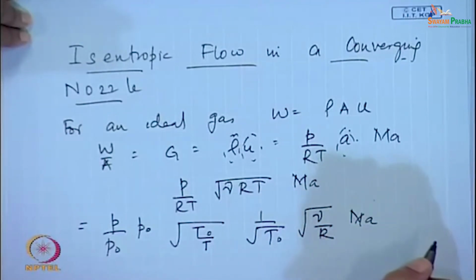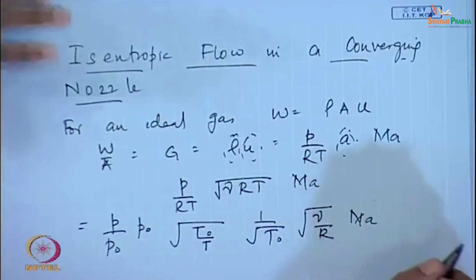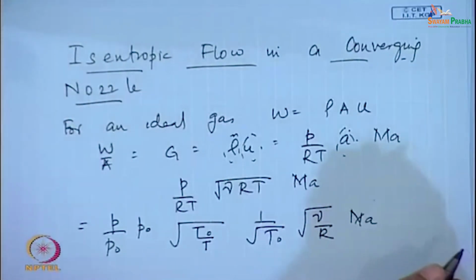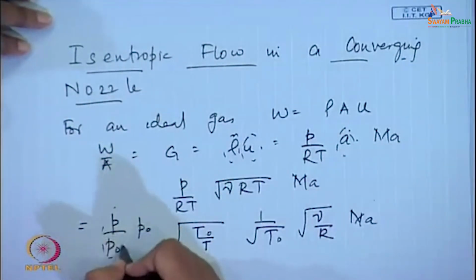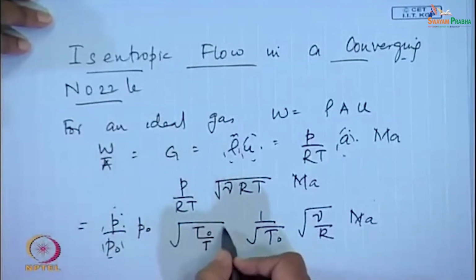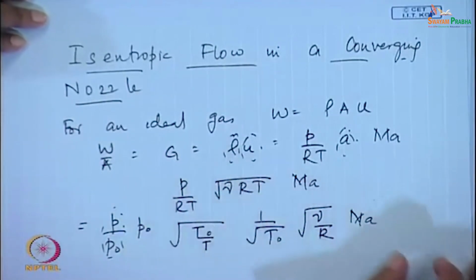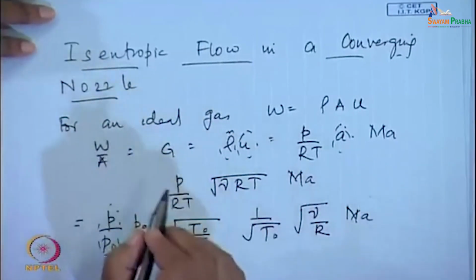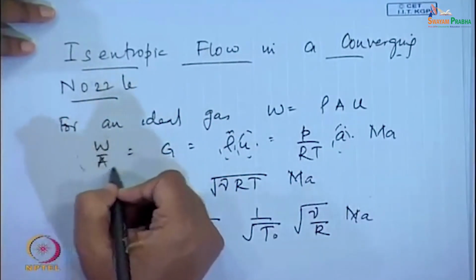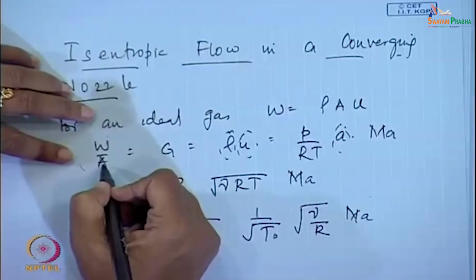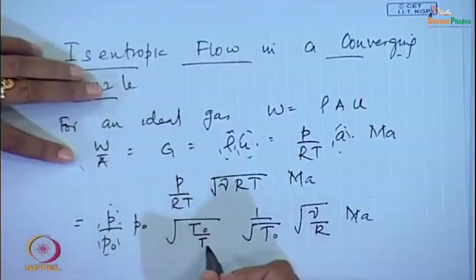Can this be done? I have just introduced the stagnation properties. Why? Because I know P by P0 in terms of T0 by T, and I can easily substitute them. My target is to express this particular mass flux or the mass velocity in terms of